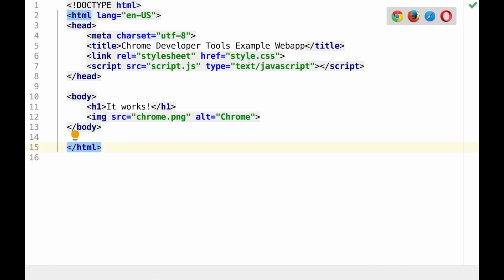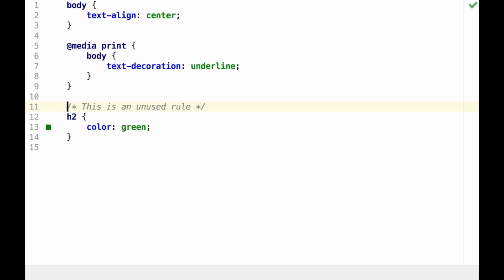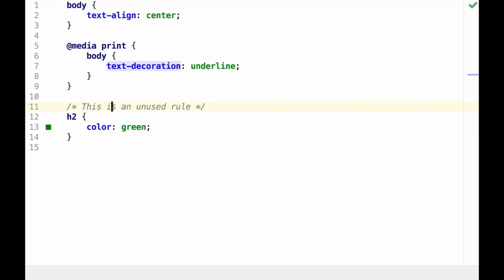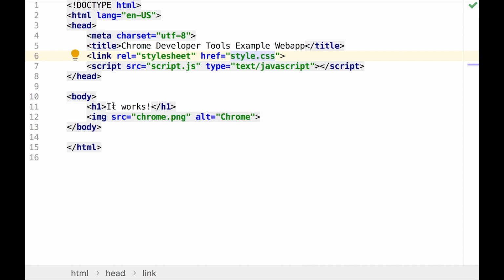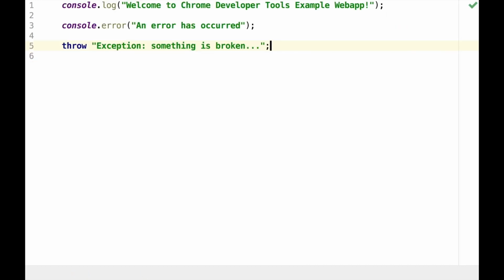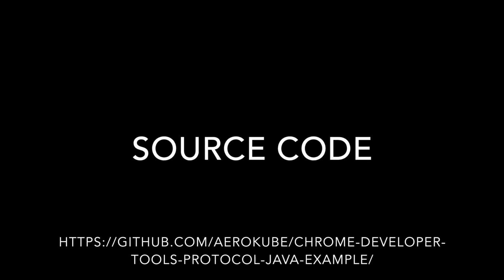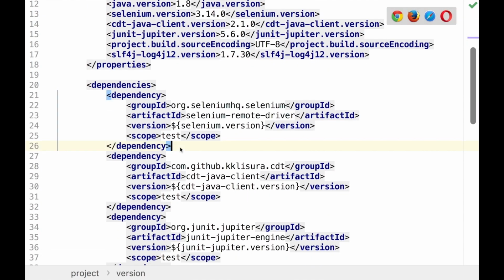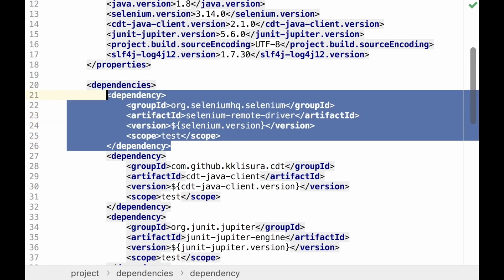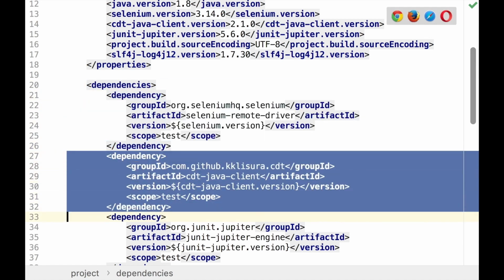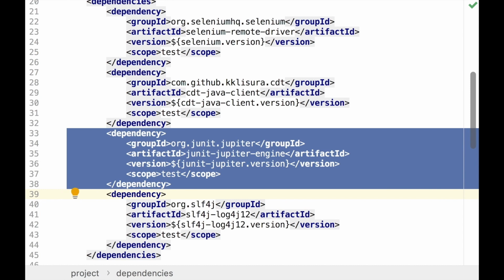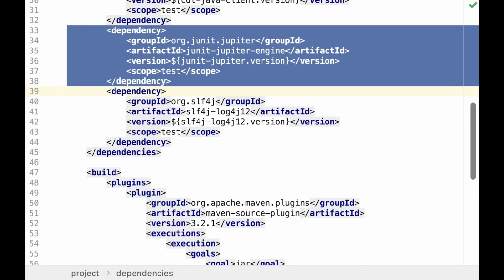So here we have some style sheet, CSS style sheet. Also we have some script, which is just typing some messages to the console. And internally, here we have our browser automation project. This is a regular Maven project, having several dependencies. The first one is Selenium. The second one is the Chrome Developer Tools protocol for Java. Also, we're using here JUnit 5. And so let's now take a look at